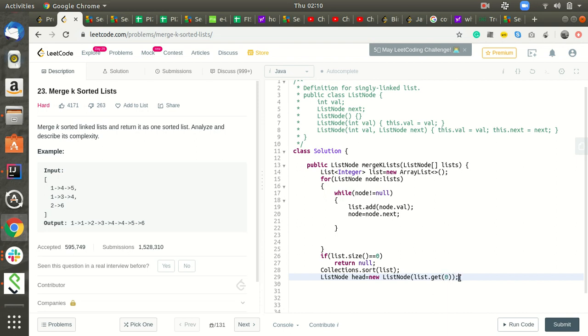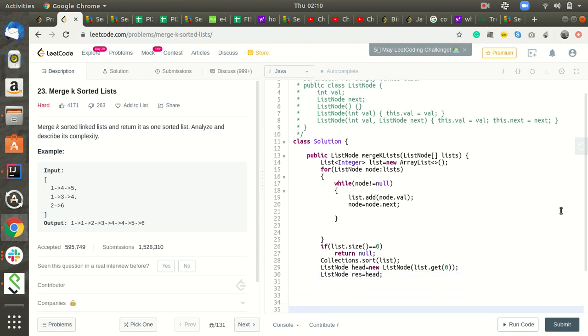But this head value will change while we are transferring, so we need to return the starting position. So I'll create another list node which will store the result. Now it will point to the head.